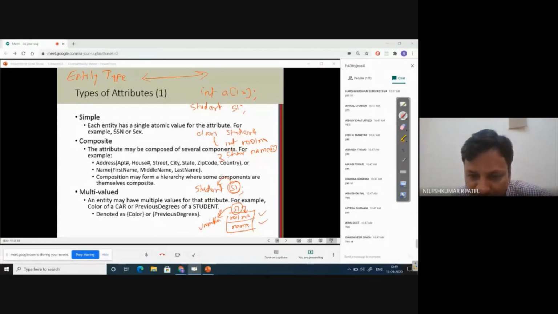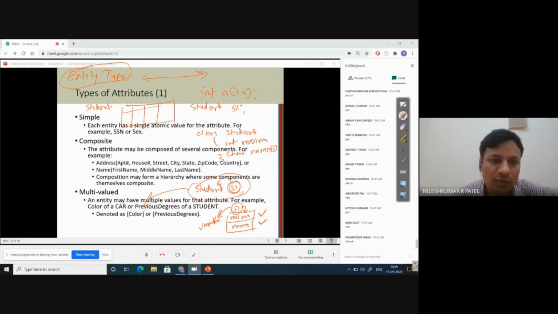These two fields are very much similar to an attribute of a student table. We are talking about a class here, and when we create a database table, it will be very similar, right? So just try to understand, entity type is something like this. For example, if we create a student table, and the student table has four different columns.